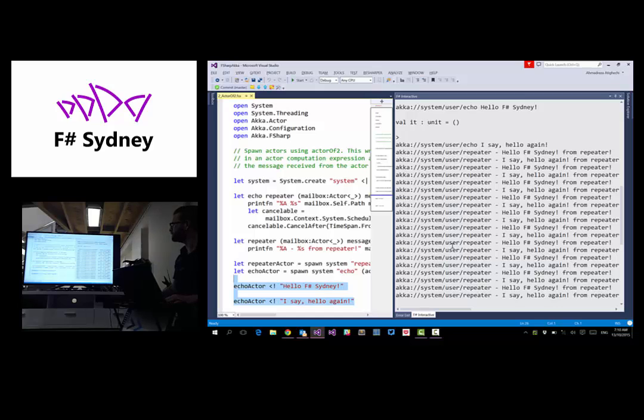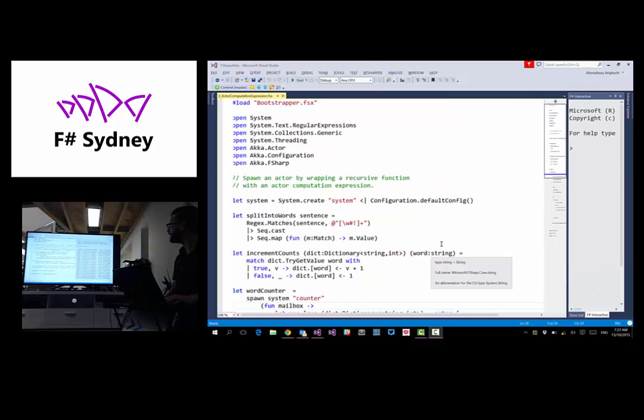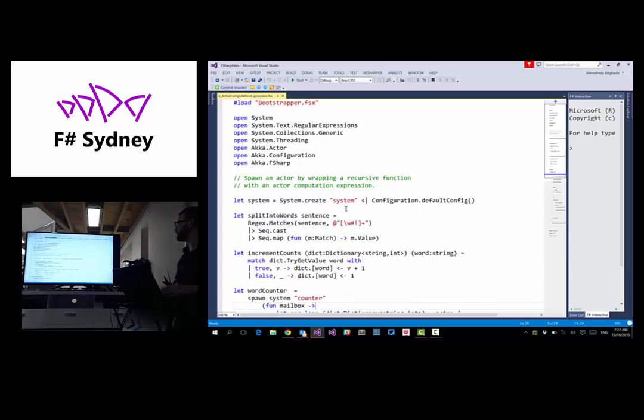Okay, so jump onto the next one. See what else we've got here. So using our actor computation expression, we've got hopefully a slightly more interesting example here. So again, we construct the actor system,